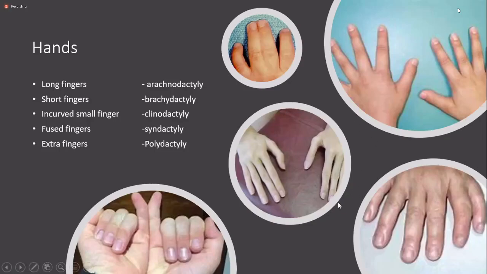One is Marfan syndrome, right? So this is arachnodactyly, and then you can have short fingers like that, right? These long fingers and short fingers, you call it brachydactyly, right? Down syndrome is one of the causes for short fingers. Even in Turner syndrome, you can have short fingers, right?